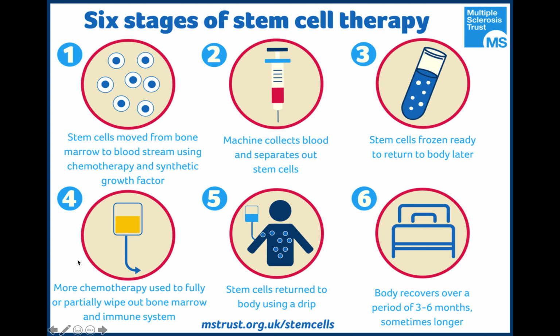So more chemotherapy is used to fully or partially wipe out the bone marrow and immune system. This is to make sure that they don't attack the stem cells when they are administered to the patient later on. And stem cells return to the body using a drip. Later on, the body, hopefully, if everything goes well, recovers over a period of 3 to 6 months or sometimes longer. So any modification needs to be done during this time. While they are flushing, everything needs to be done, and when they are ready, move on to step